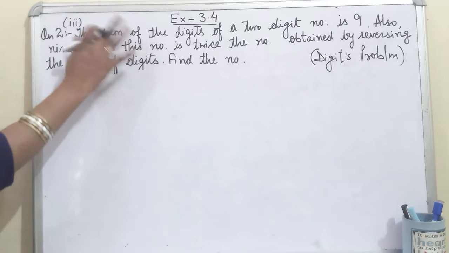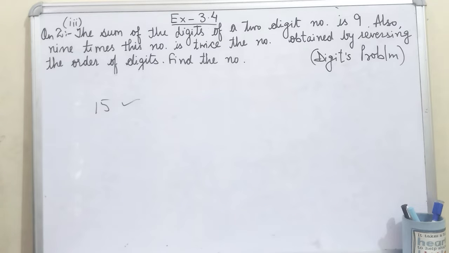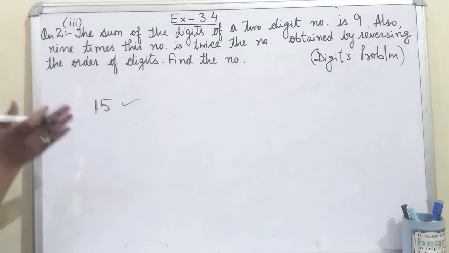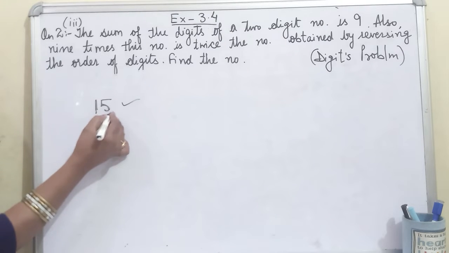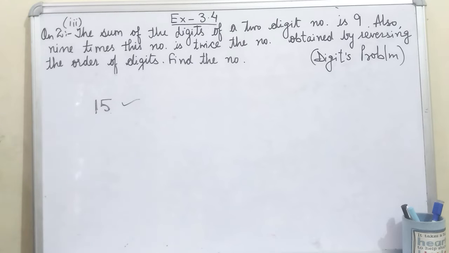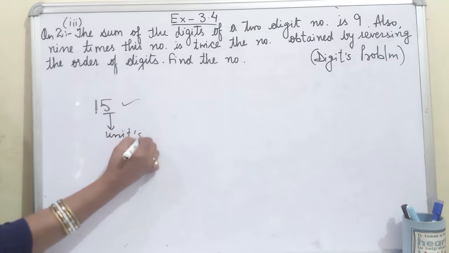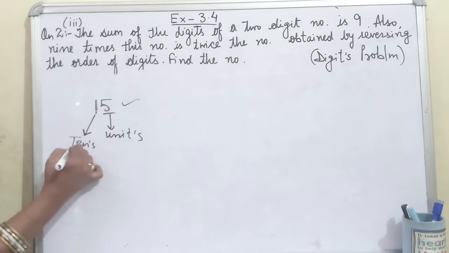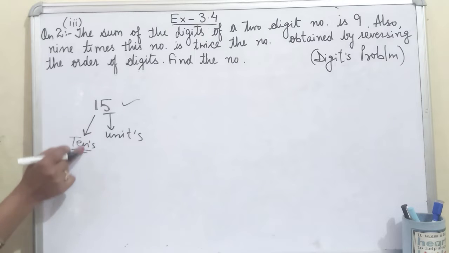So here we have a two-digit number. Again I'm taking the example 15. When you were in your lower classes, the teacher told you about the unit place, tens place, hundreds place and so on. Unit means the ones place. Here the ones place is 1 or 5? The unit place is 5. And what about this one? Tens place. This is the digit of unit place, 5, and 1 is on the tens place.